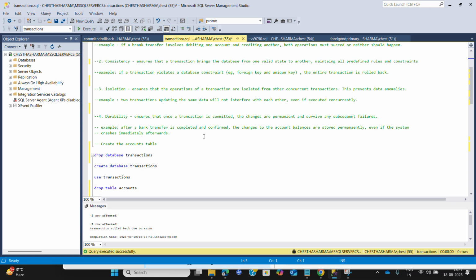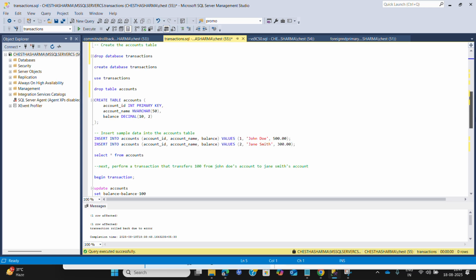Now I'll show you one example of a transaction. For this, I'll create my database of transactions, and then drop it if it is currently in use.